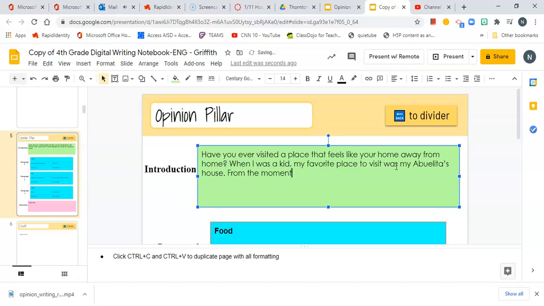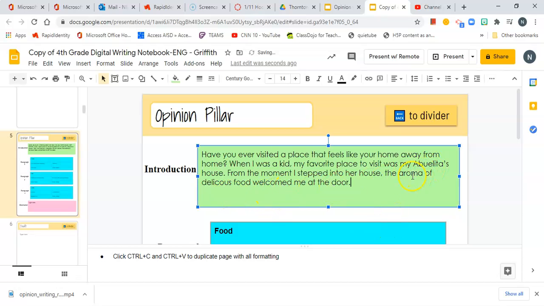From the moment I stepped into her house, the aroma of delicious food welcomed me at the door.